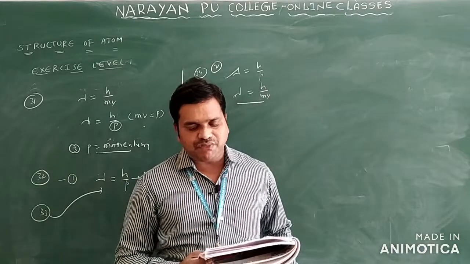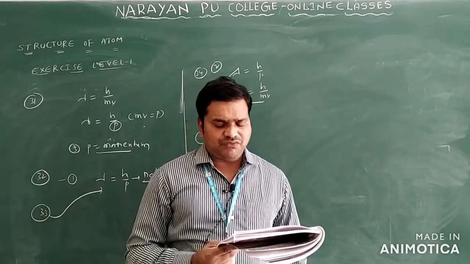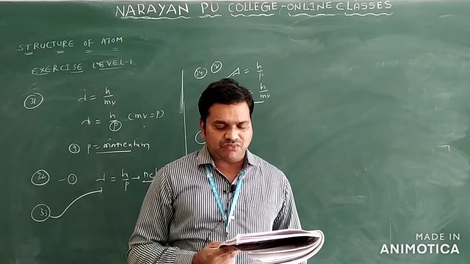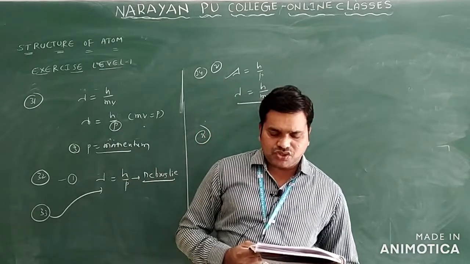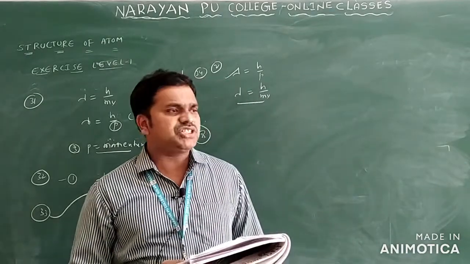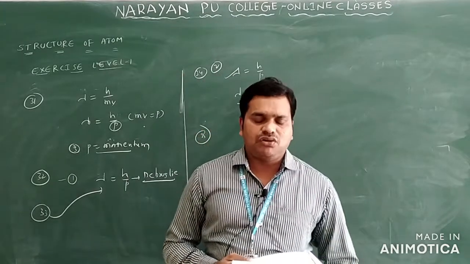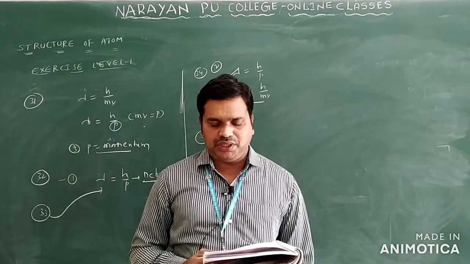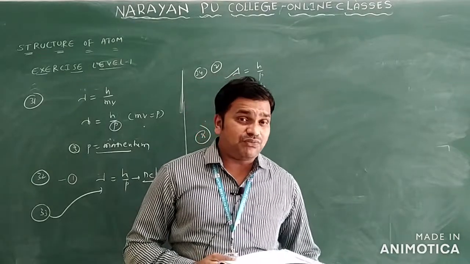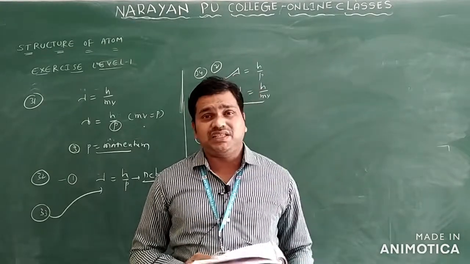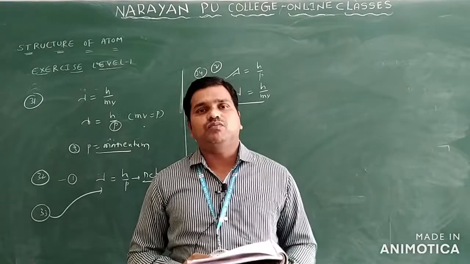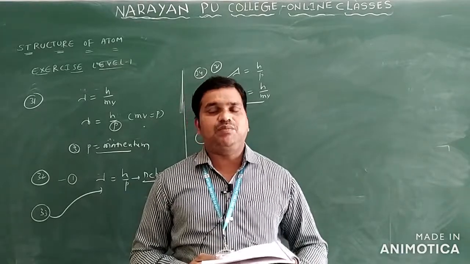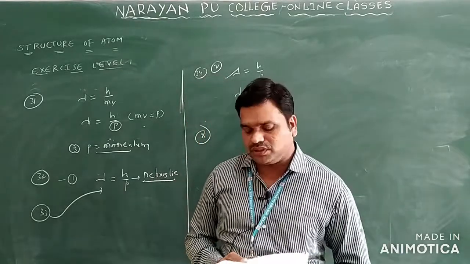Next, emission of the spectra. What phenomenon is given? Quantization of energy only. So emission spectra generally, emission spectra means what? The electrons can absorb the radiations, and they can be released in the form of emissions only. The emitted radiations are in the form of small packets of energy, that is called what? Quantum only. That quantization of energy can be observed in what? Emission spectra only. That is the right answer.